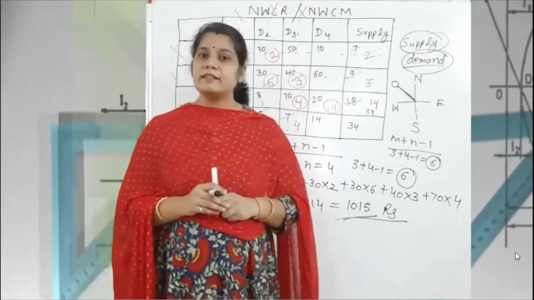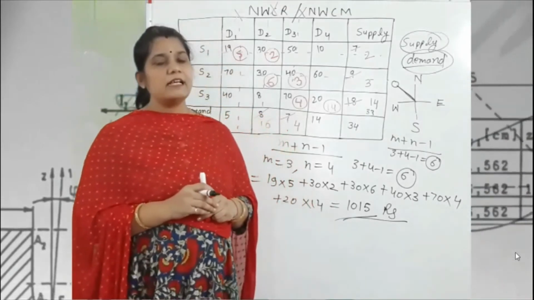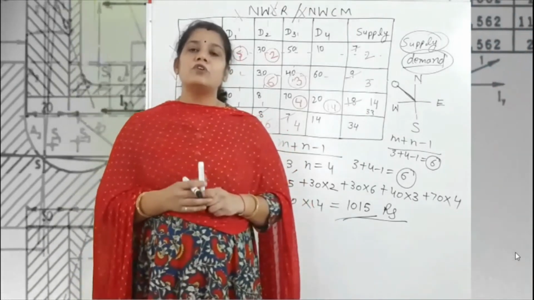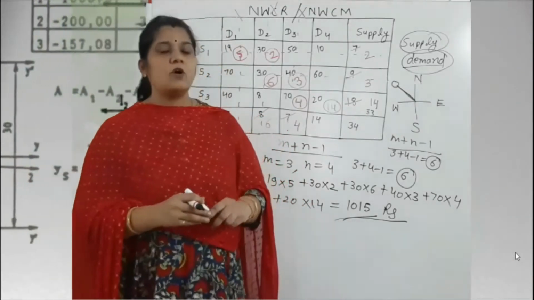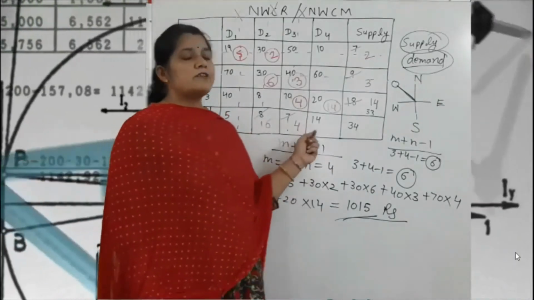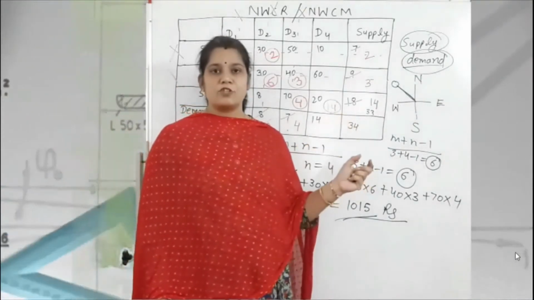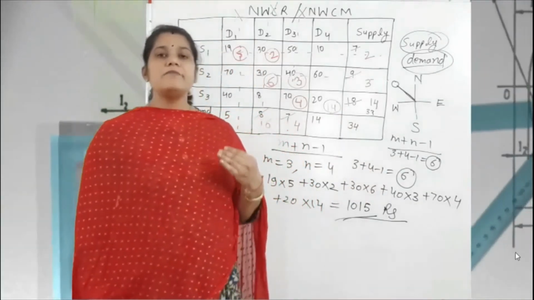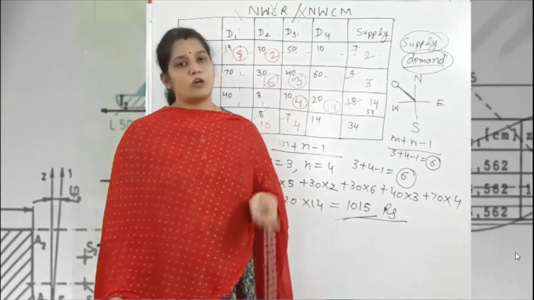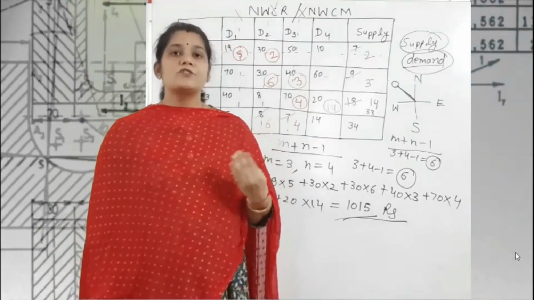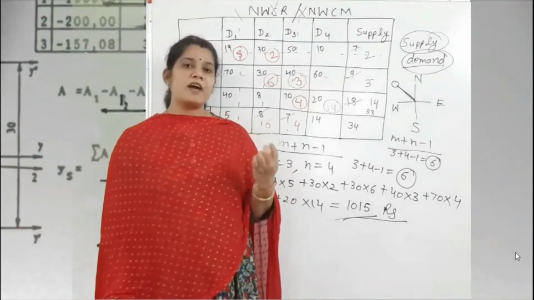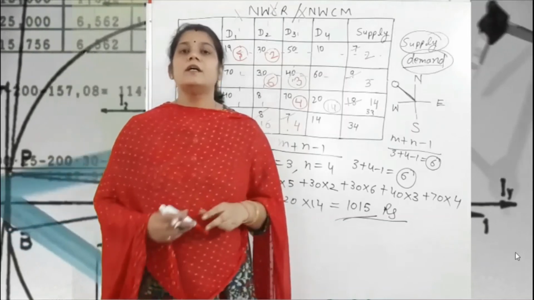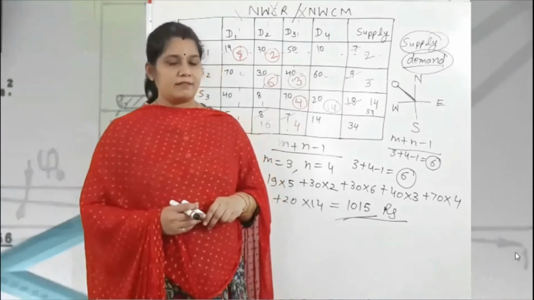So this is the northwest corner method. Our next method is the least cost method, and after that Vogel's approximation method. All these three methods give a feasible solution. So after finding the feasible solution, we find the optimal solution. To find the optimum solution, we use the modified distribution method,